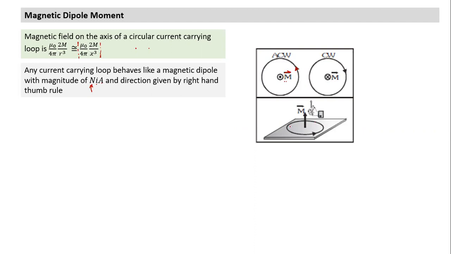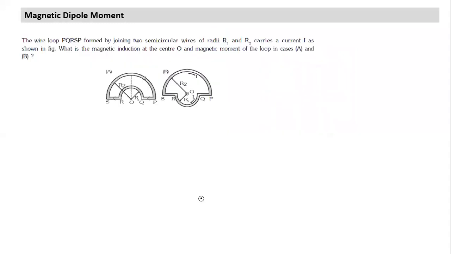So suppose we look in 3 dimensions also. If the loop is kept this way, which direction is the magnetic dipole? It is always perpendicular to the plane containing the loop. There are two possible directions perpendicular to the plane. If it is kept in a horizontal plane, vertically upward direction or vertically downward direction, but it's always perpendicular to the plane of the loop. But which direction, we find out using right hand thumb rule. So we'll take two simple examples. There are two different loops given. Can we find out the magnetic dipole moment of the two loops? First of all, which direction it will be and what will be the magnitude?